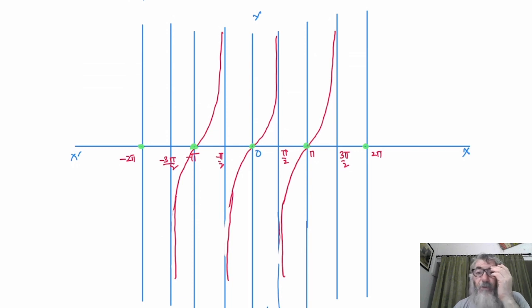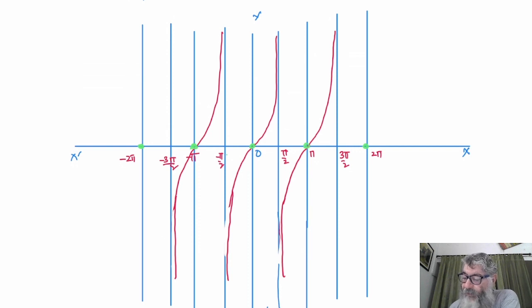But when it is odd multiples of pi by 2, like pi by 2, minus pi by 2, 3 pi by 2, minus 3 pi by 2, the curve is not touching. Just notice from pi by 2 to minus pi by 2, the curve is going towards the line x is equal to pi by 2, but it is not touching that line. It is approaching, but it is never going to touch that line. So tan is not defined at pi by 2.